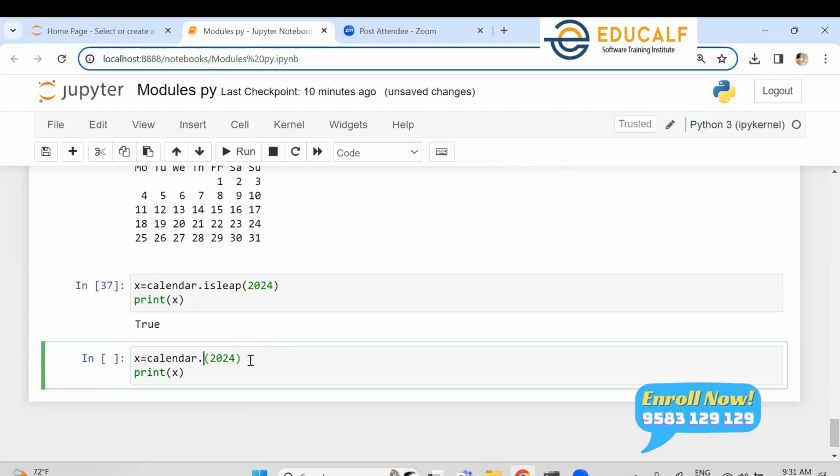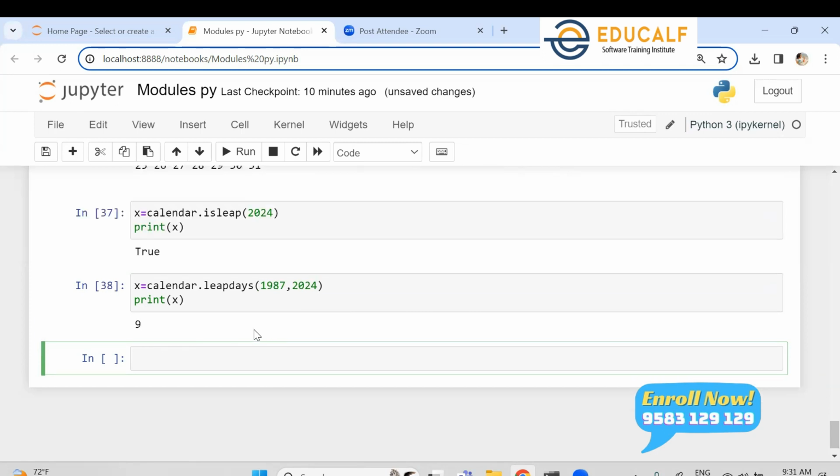Next one, calendar.leapdays. Leap days from 1987 till 2024. How many leap years are there? Those many leap days would be there. 9 leap years and 9 leap days. So next one,